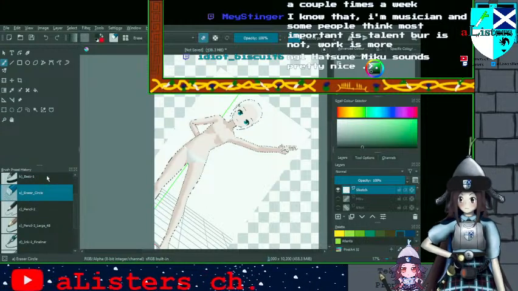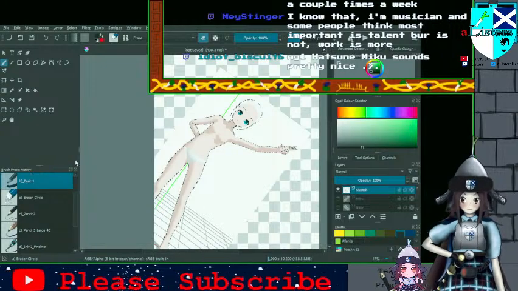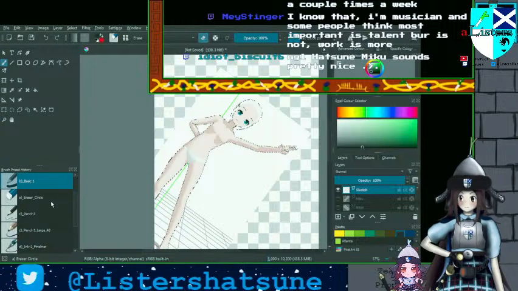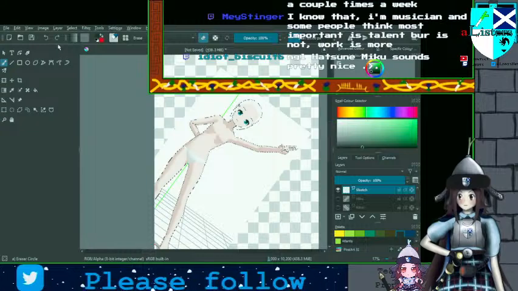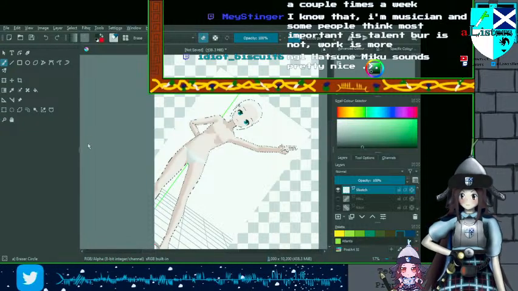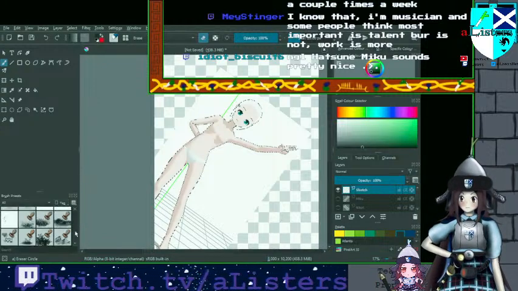I'm also wondering why this is the wrong thing, because I used to have a proper brush thing. Yeah. Brush pieces, right, cool.